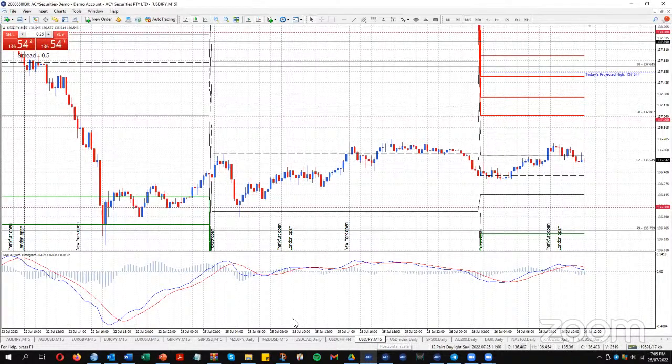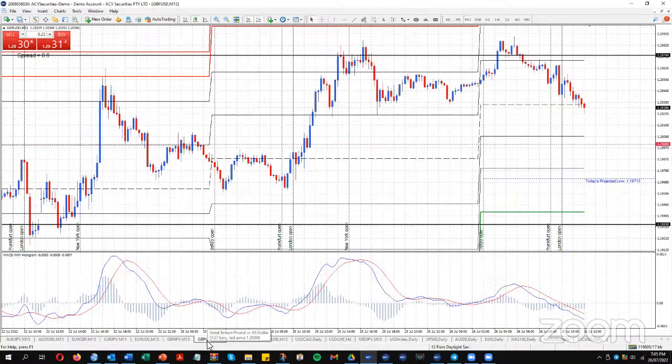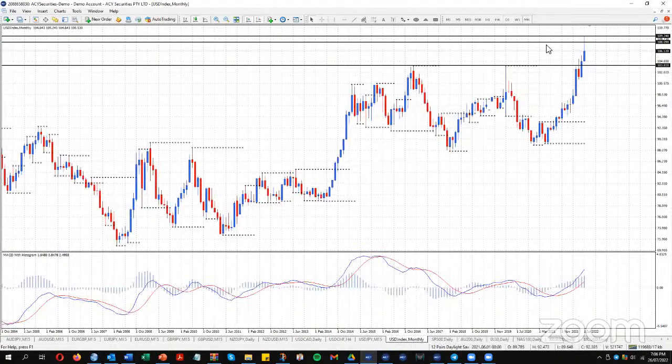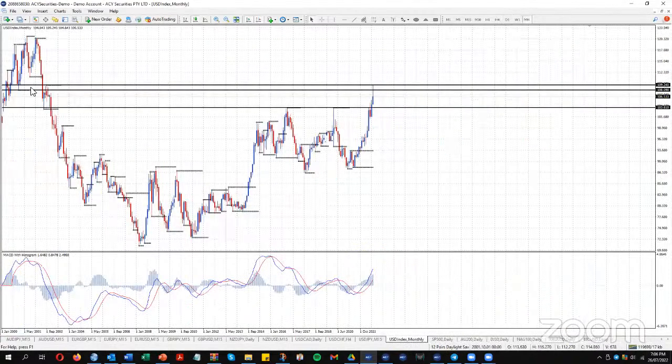All right, so I don't think it's anything imminently setting up. Just want to have a look at the pound dollar one more moment. All right, I'm going to start with the dollar index and we'll work through the other pairs. So last week we had a week down, and on the monthly chart here, we're drawing from the monthly resistance that we're testing at 108.09 up here and 109.24 from back in time.